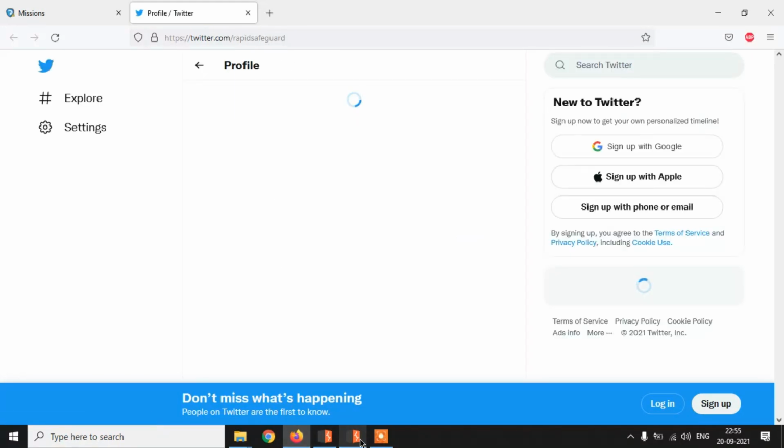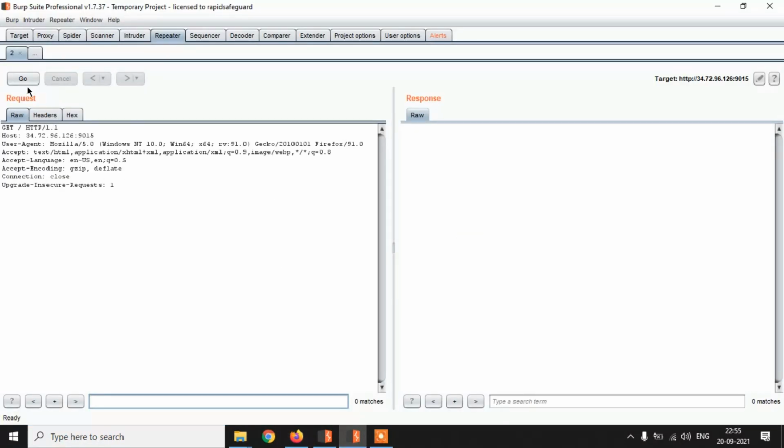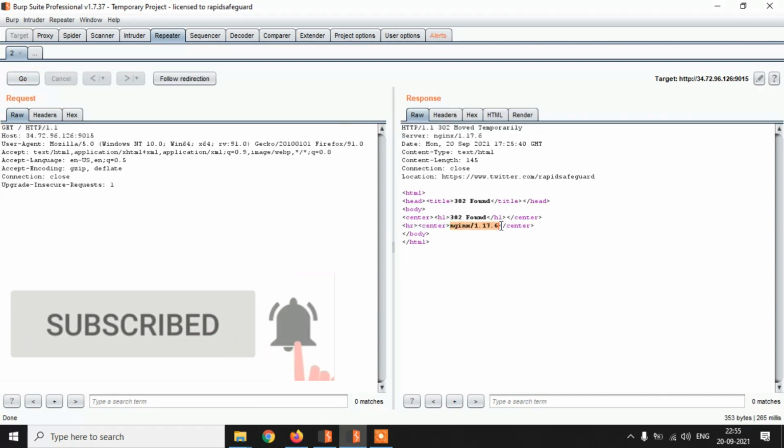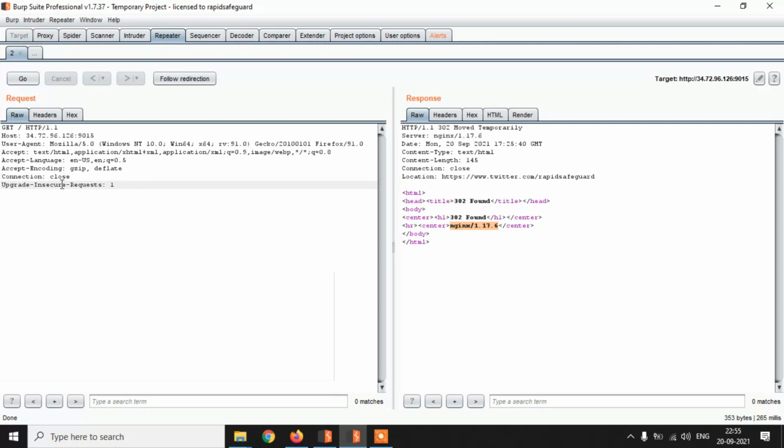As we have seen, it is redirected somewhere else in the configuration. We can see it is using Nginx 1.17.6, and it is vulnerable to the HTTP request smuggling lab.